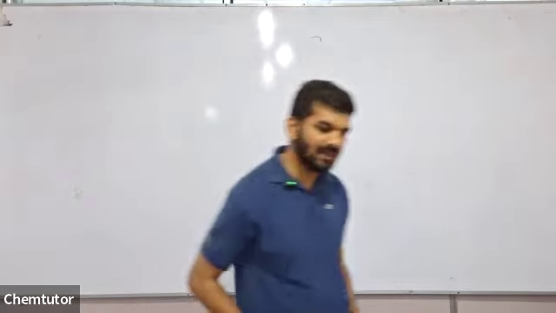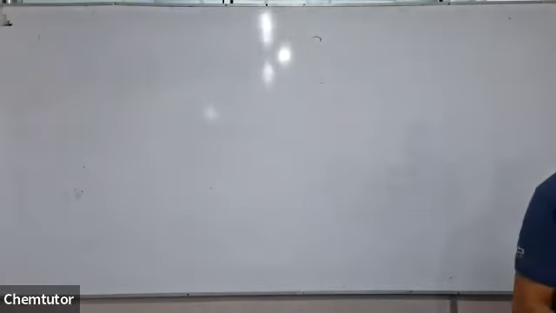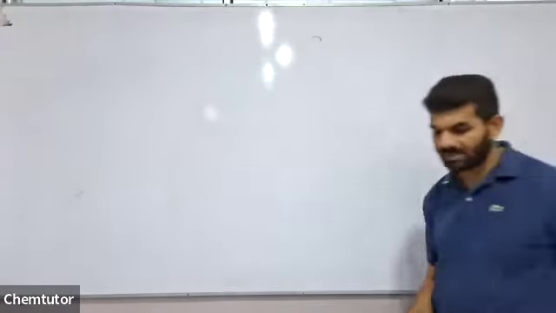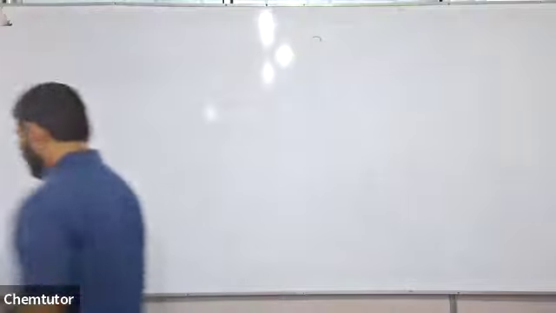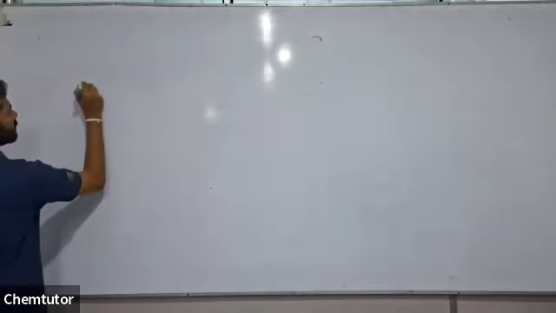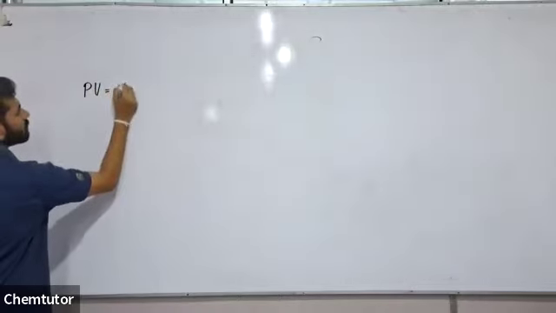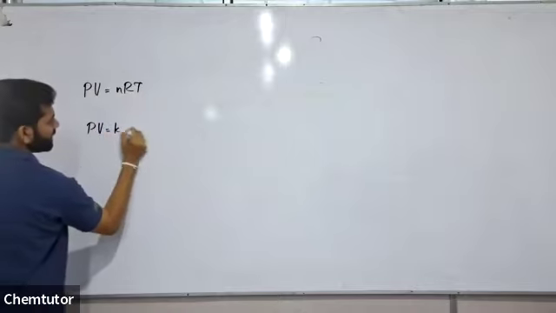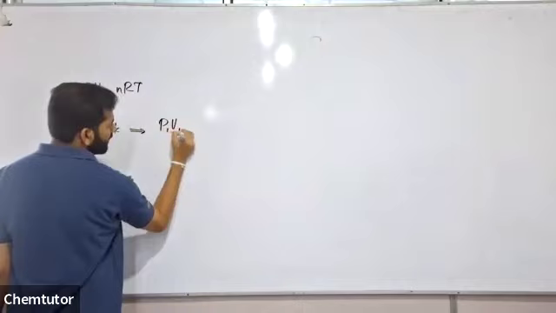Then for the ideal gases, we learned the ideal gas equation that was PV equals nRT. The ideal gas equation is PV equals nRT. Then we learned about the Boyle's law. After learning the ideal gas equation, we learned the Boyle's law, that is PV is a constant. From this we derived P1 V1 equals P2 V2,